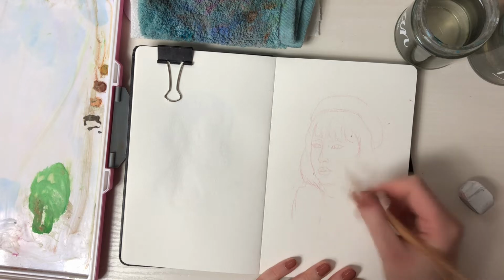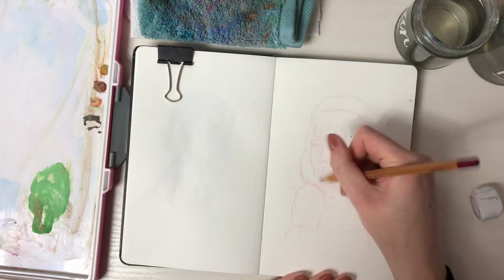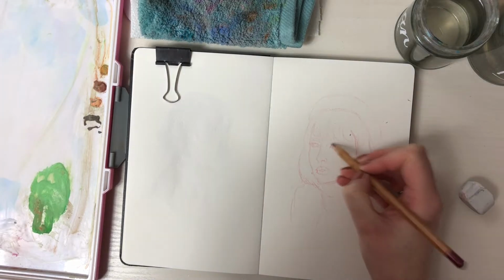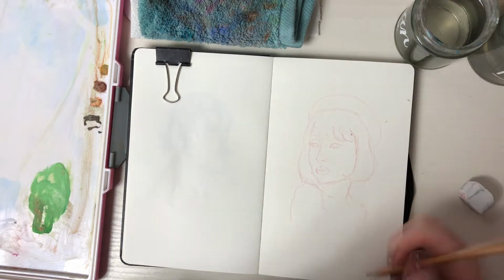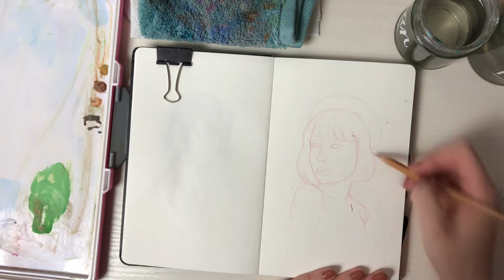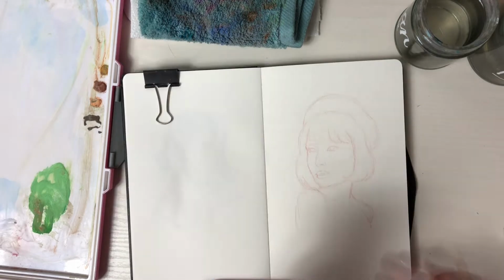I typically start my watercolour paintings by lightly sketching out the subject in a red erasable coloured pencil. The pencil I'm using is the Derwent Start Colouring Blendable coloured pencil in the colour Crimson. I tend to use a red pinkish colour, especially when painting portraits, as the pencil markings that I make kind